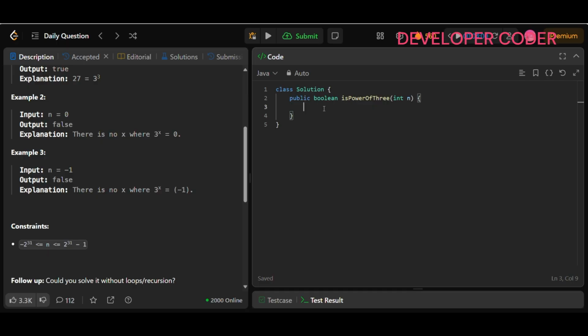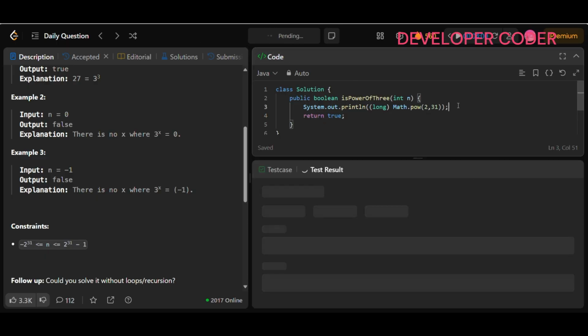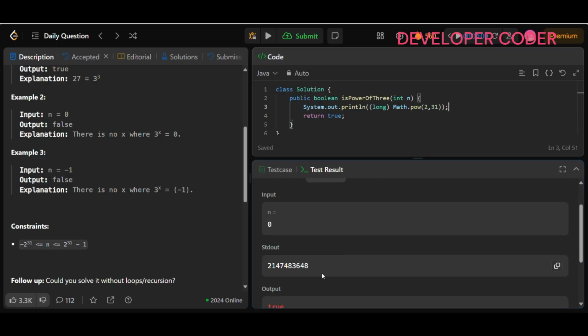So here I can say System.out.println, and here I am going to just give me the complete value of this. So here I'm just passing long, and here I'm going to use Math.pow, and here 2 comma 31. I'm not doing minus 1. Let's use this 2 power 31. So here let's say I'm returning true, just return anything. Now if I run it, I just want to see this print statement. What is the value I'm getting here? So I'm getting something like this: